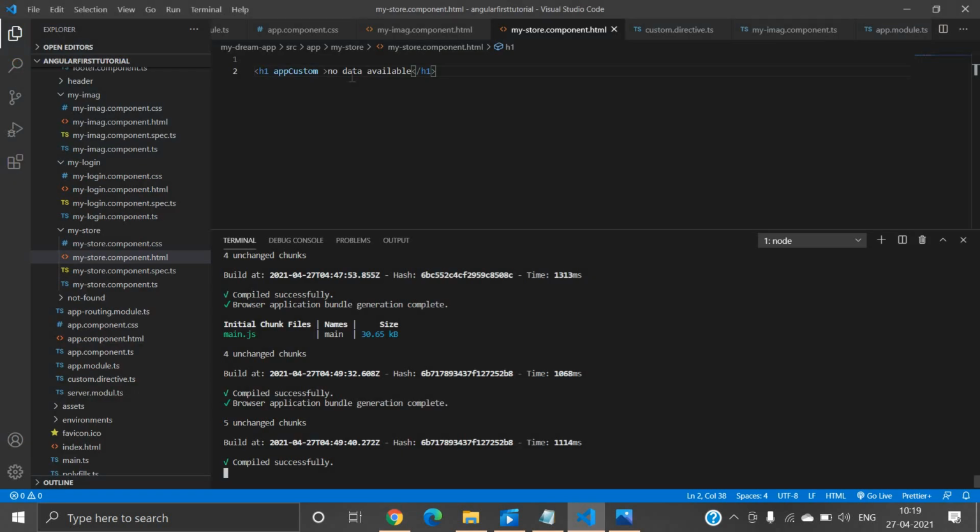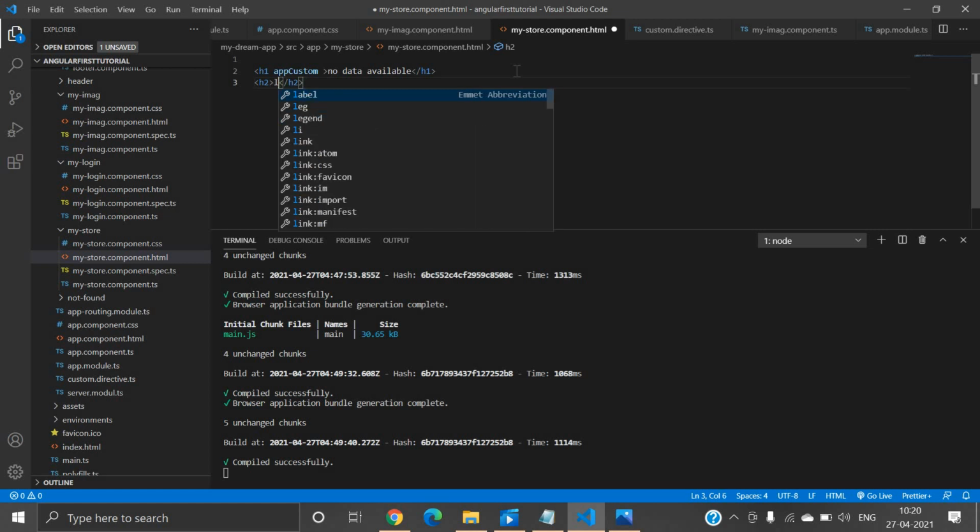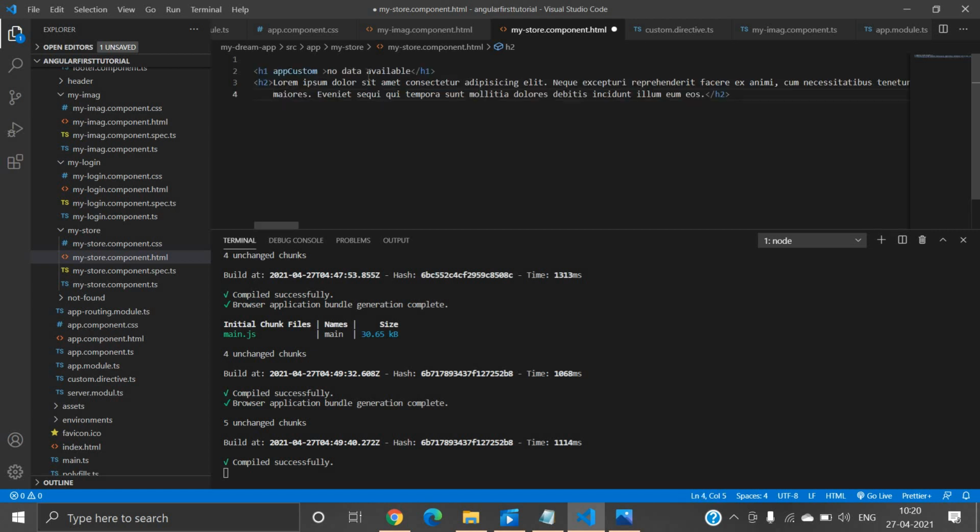If I want to use this custom directive in another heading tag, let's say I just create another h2 heading tag, and here I will write, let's say, lorem 500. It's just for demo purposes, for better understanding. And after that I will use the custom selector, app custom.